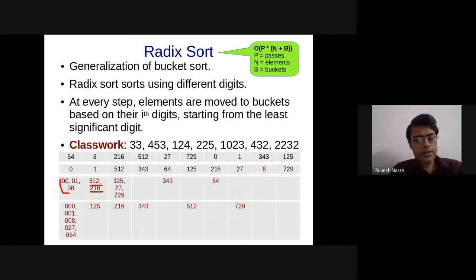This is very basic, what we have looked at, but there are more complications that you can add to increase the number of buckets, because 10 buckets is really a very small number. For millions of nodes, you require more buckets. P is the number of iterations, like the number of rows in our processing. We require 3, which depends essentially on the number of digits, but not always, because you might consider more digits in one iteration. So the number of passes is going to depend on that value.